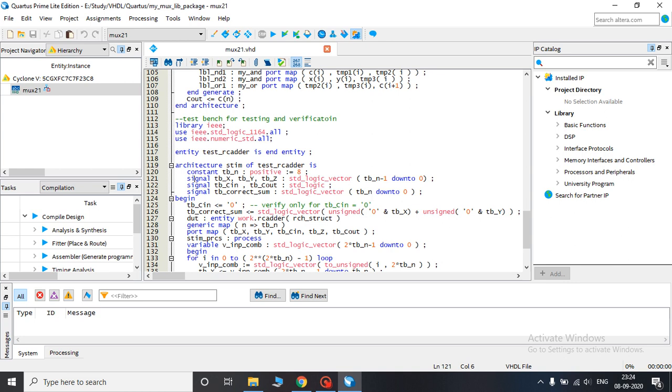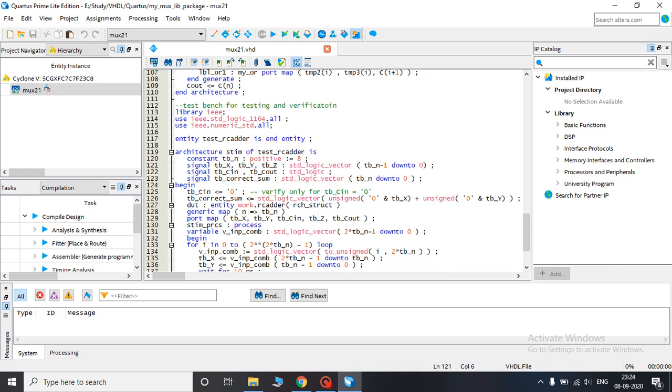Now from the begin statement, first of all we are checking for a carry in of 0. Now we have to generate various combinations of input. So this is done here. First of all, we have already defined TB correct sum. Now we are giving it a value. We are using 0 concatenate TBX.